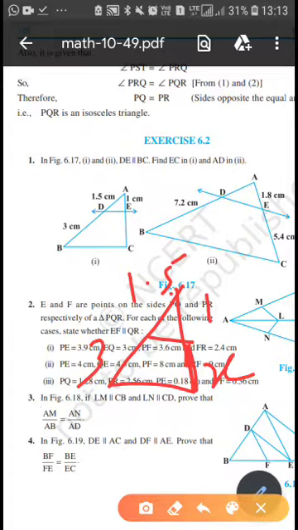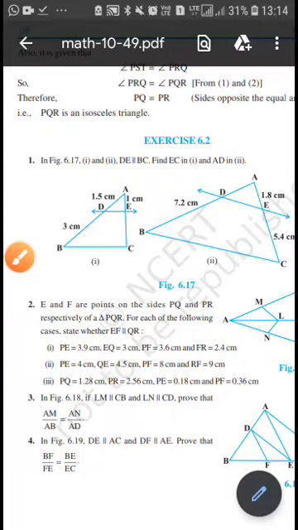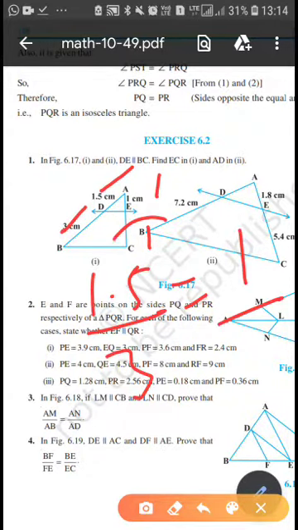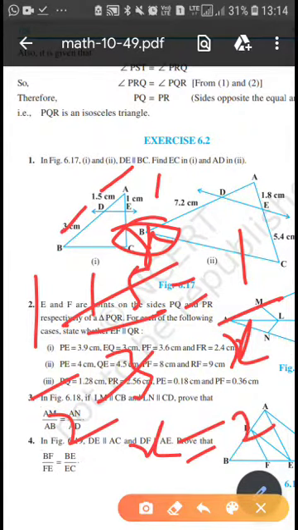First, second, find EC. Here the question asks to find EC and AD. Now we will solve the first one. So we already know that by Thales theorem, if a line is parallel to another side of a triangle, then it divides the sides in the same ratio. This upon this is equal to this upon this. This value is 1.5, this value is 3, this value is 1, and this value is not available. Let the value be x. After solving, this can be cancelled by 1 by 2. It means x is equal to 2.